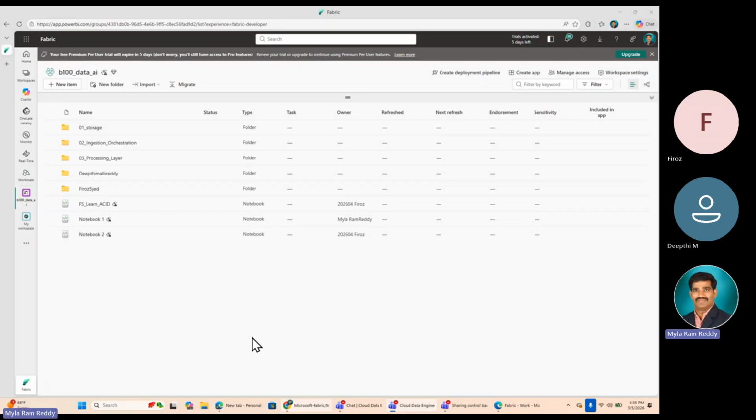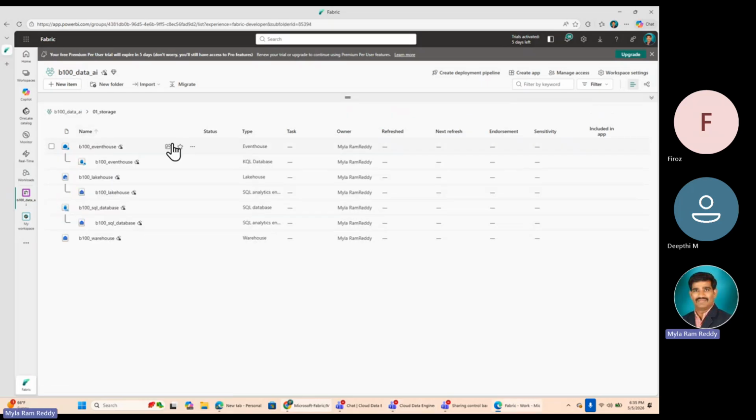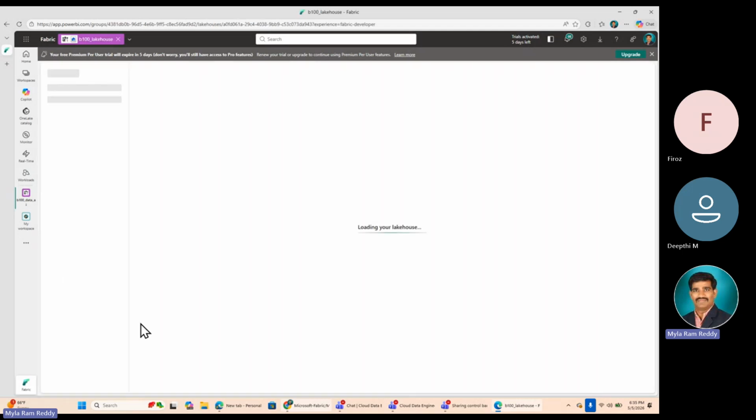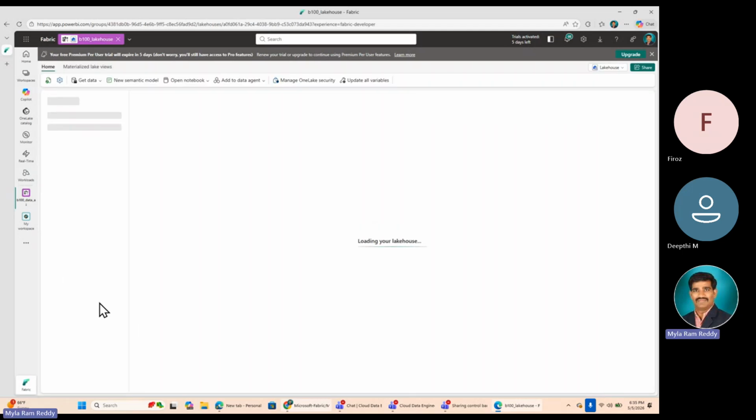Now today we want to take one more dynamic case. The dynamic case is: your upstream systems may be dropping files into your lakehouse location. This is our lakehouse location. We gave this lakehouse, and inside the lakehouse we created a folder, and we gave that endpoint to your